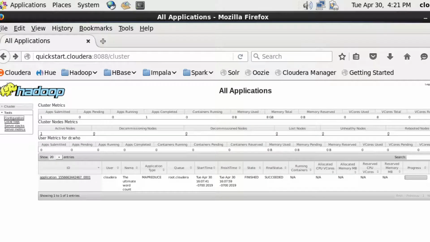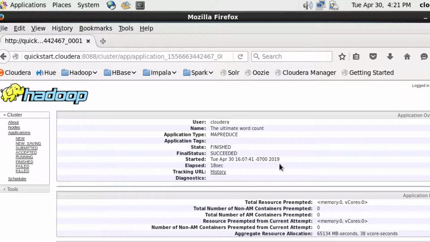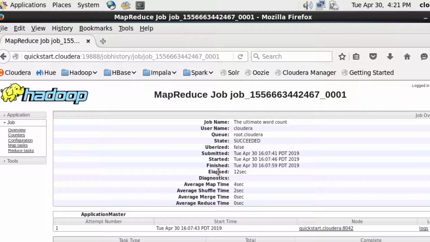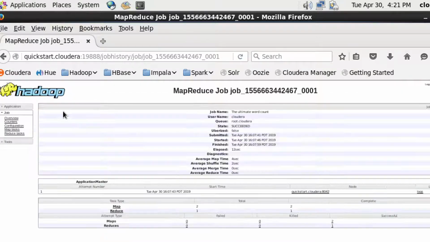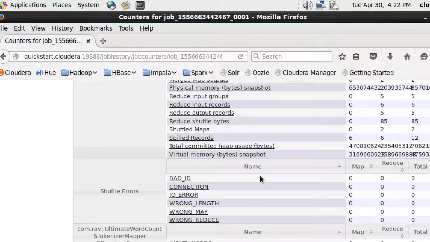No, it's not there. Control B, control matrix, and then this one where it is taking to application tracking URL, history. You have to click on history and then it will appear. Always I have the problem of finding it out. Look at that. You got the counters. Now you click on the counters and come down, and all the counters are there. And please look at that. Here in the ultimate count,